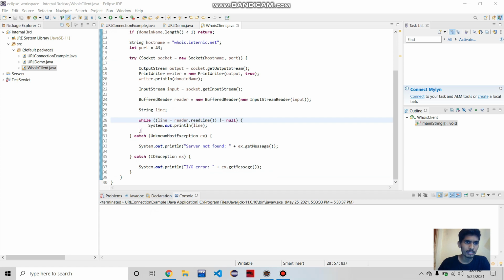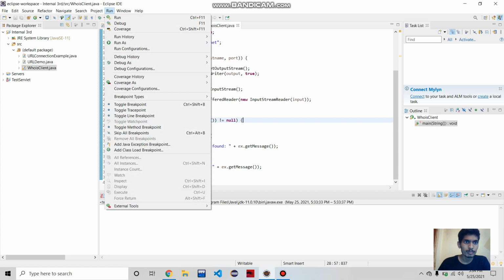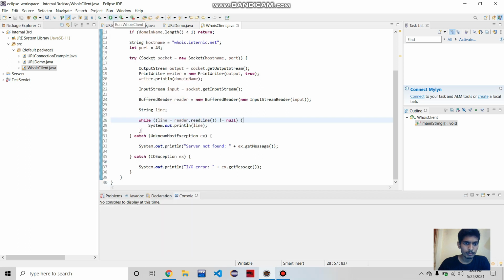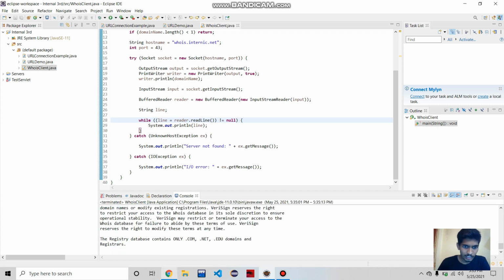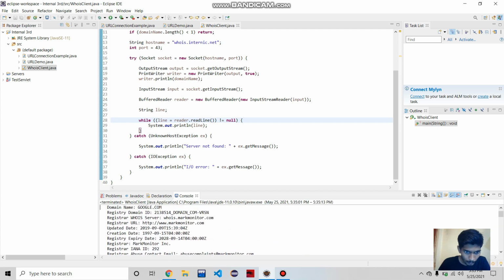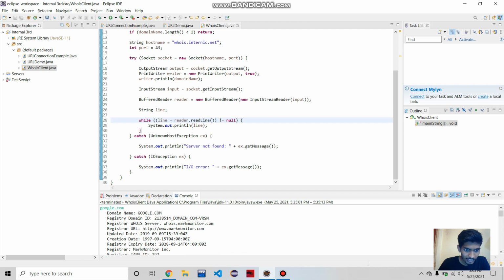Now let's run the program. We are passing a URL of google.com. The program should return all the details of this URL. Here it returned the domain name, google.com, registry domain name, and the different details.